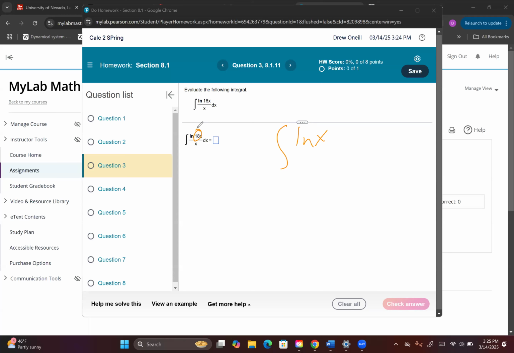Whatever. We could use some pre-calc natural log rules, but we don't need to. If we had this problem, this is really what's going to guide us here. And that's sort of the thing with Calc 2, you're going to get problems that there's no general rule to solve them. You have to know how to do that kind of problem. So this problem is really, how do we do this one?